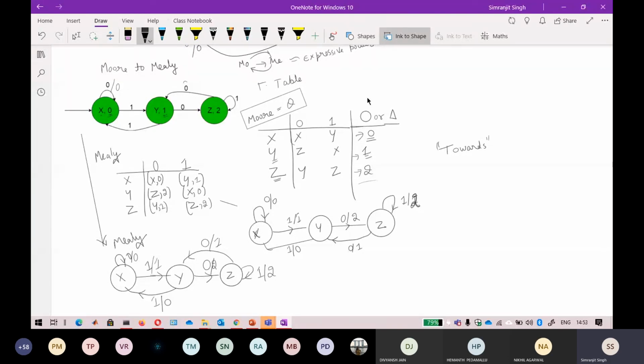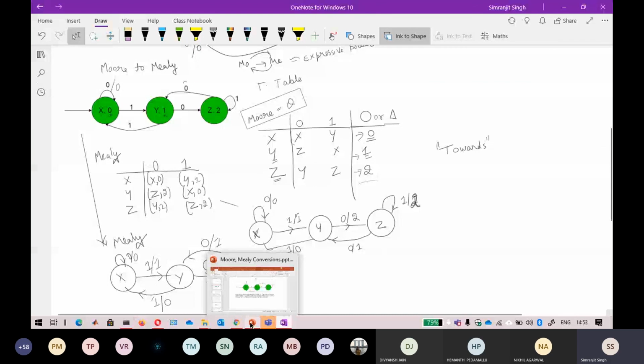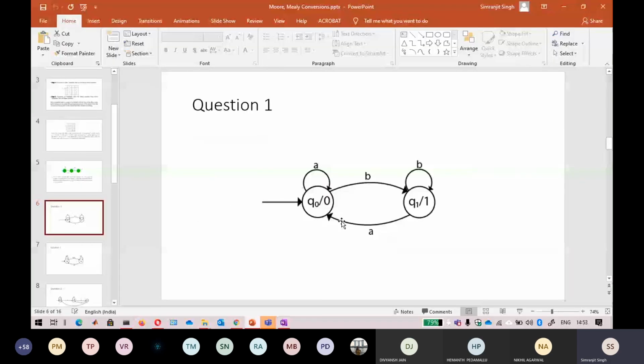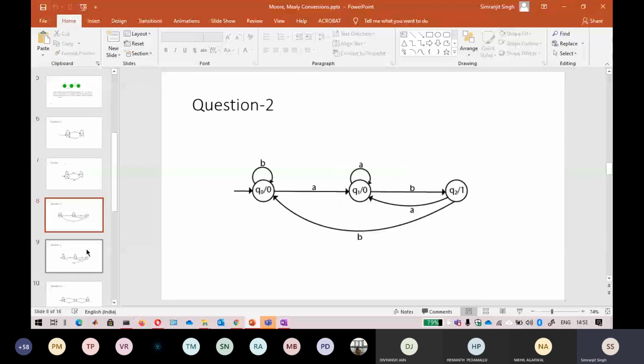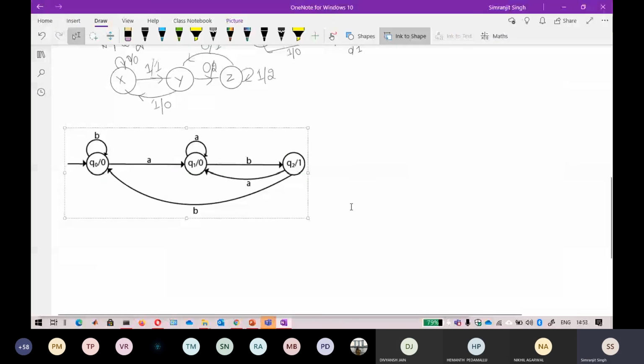Okay, I think you got it. If you try one or two questions yourself, you will get a better idea. Let me give you a sample question. This is a very easy question. It's a little bit difficult, but I don't think it will take much time. You can again go with the same method: convert directly, or go with the transition table. Just do this. I will tell you the answer in 2-3 minutes.